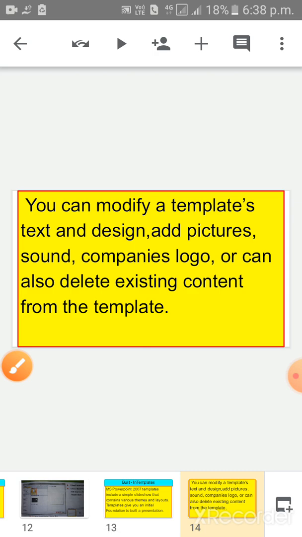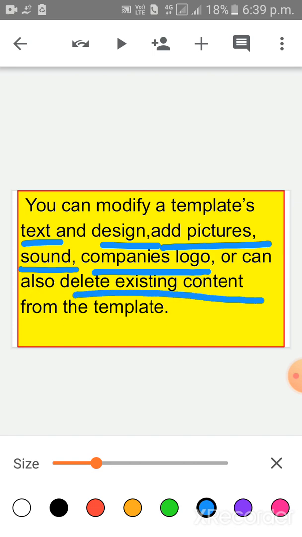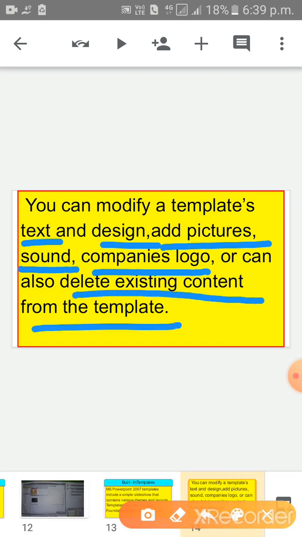Children, you can modify a template's text and design, add pictures, sound, company's logo, or also delete existing content from the template.